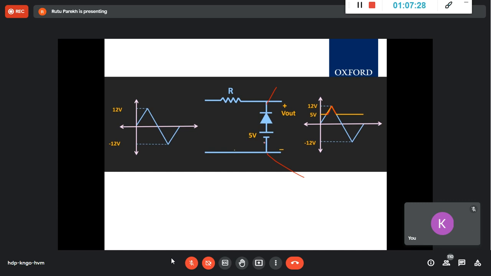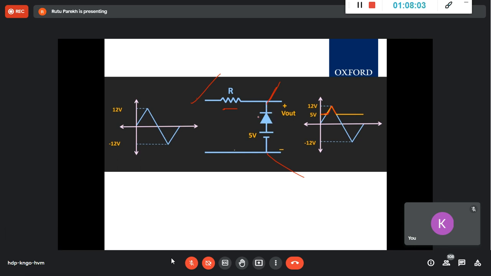Okay, so this 5 volt will remain for the input less than 5 volt, the diode will be conducting. Greater than 5 volt to 12 volt, it is not conducting, and I is 0, so your output is following the input using KVL. For less than 5 volt, it is 4.8, 4, 3, 2, 1, minus 1, it is